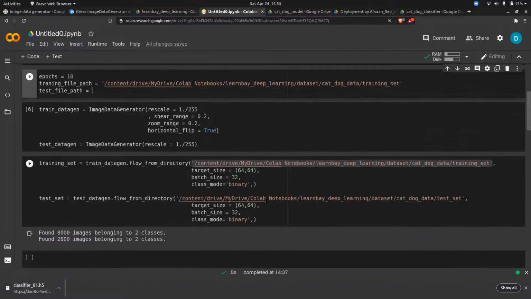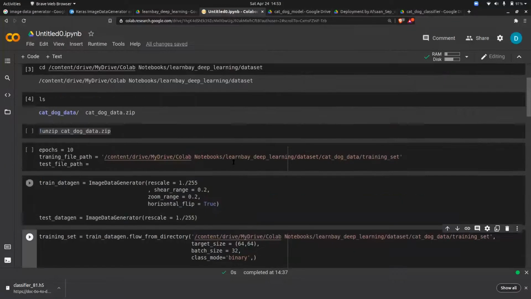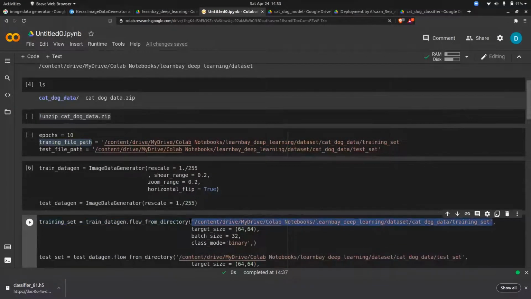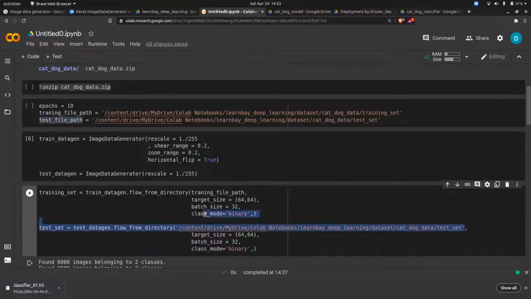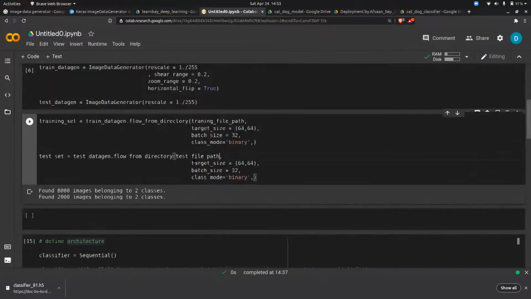And the testing path is this. Now in place of this whole thing, you have to put the training file path. And here you have to put the testing file path. Okay, this is a good coding practice.